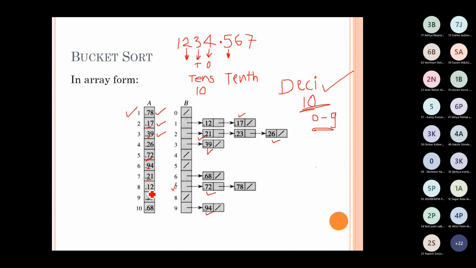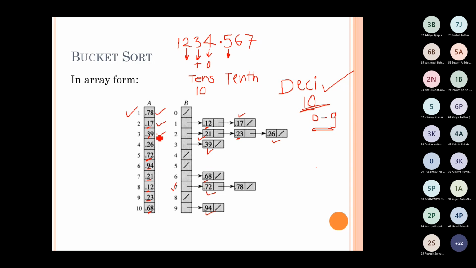Next number, 2. Put in the bucket number 2. Then next number, see we will not be putting them in any order. उनके ordering के लिए हम कुछ नहीं बोल रहे. We will be just dumping them in the bucket. Okay. Then 1. Put it in the bucket number 1. Then 23. Put it in the bucket number 2. Okay. 68. Sorry. 0.68. So 10th place is 6. Put it in the bucket number 6.